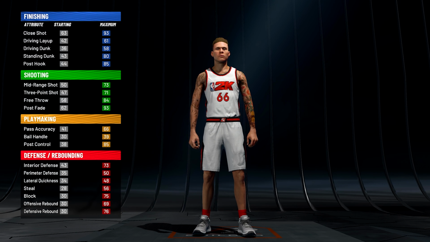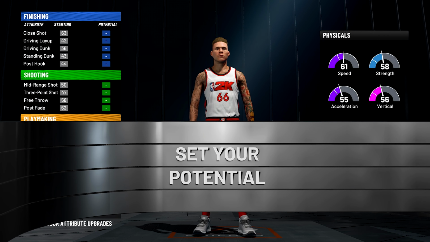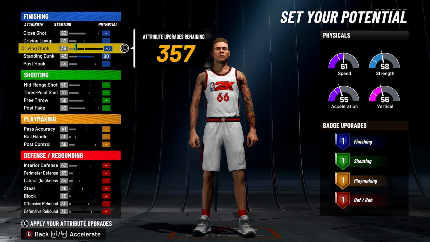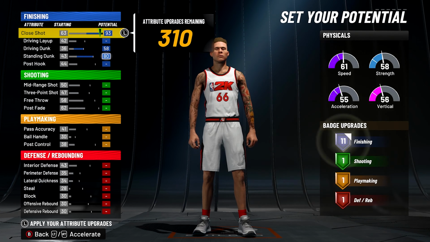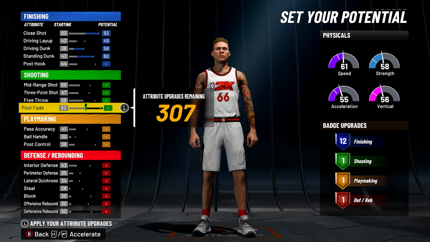Alright, so now for the next build, we are making my 7'1" interior finisher at the center position with the mostly shooting and a little bit of finishing pie chart and the pure speed physical pie chart. This build is very similar to the previous build. Again, copy the attributes as you see them. It's very similar to the previous build where it unlocks the Karl Anthony Towns dunk packages and the big man